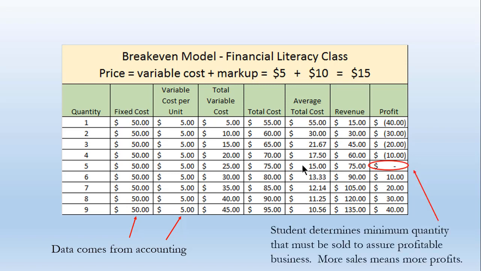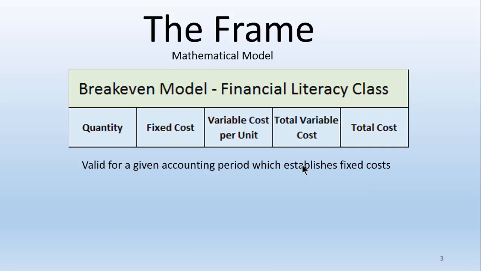And the good thing here is, using this model, students determine the minimum quantity that must be sold to assure a profitable business. The more they sell, the more profit they make. The result is smart students, and that's what we want. Now, let's talk about the frame. What we've just seen is a break-even model for financial literacy, and it's a mathematical model. In this case, we've reduced it. There are basically 5 columns we're going to focus on: quantity, fixed cost, variable cost per unit, total variable cost,